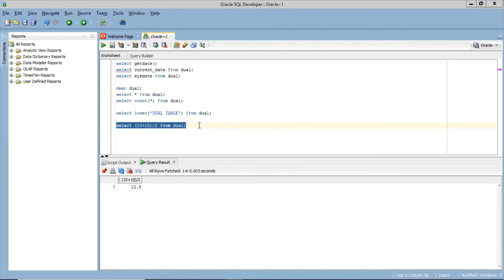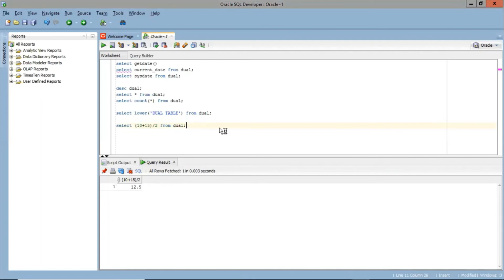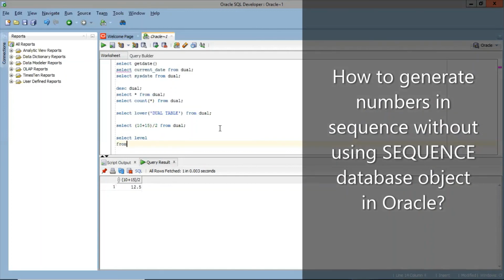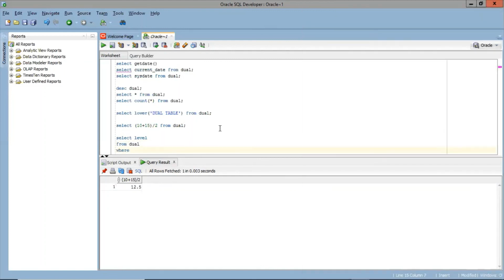If you want, I will show you one more. This is an interview question. Most of the time they ask how to generate sequence numbers without a sequence database object in Oracle. Okay, I'll show you.